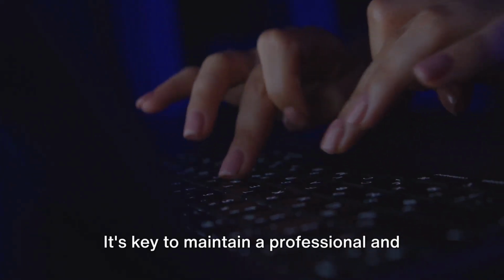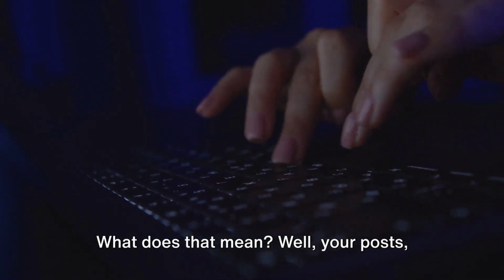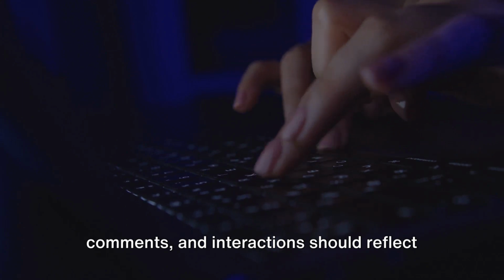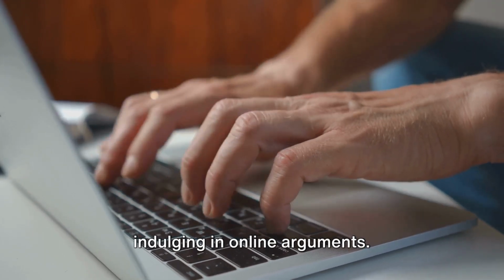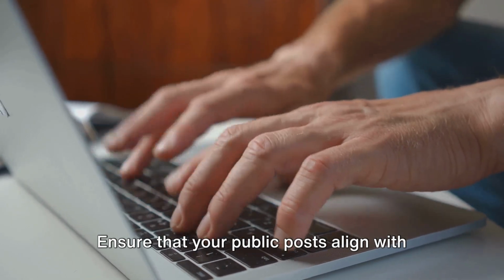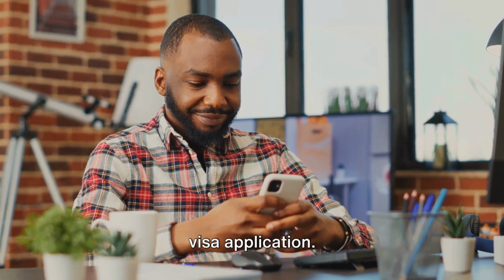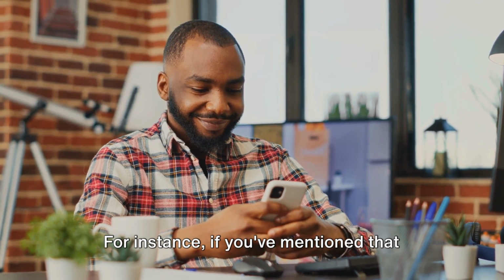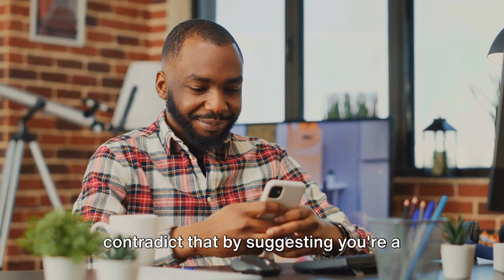It's key to maintain a professional and clean online presence. What does that mean? Well, your posts, comments, and interactions should reflect the best version of you. Avoid sharing inappropriate content or indulging in online arguments. Ensure that your public posts align with the information you've provided in your visa application. For instance, if you've mentioned that you're a student, your profile should not contradict that by suggesting you're a full-time